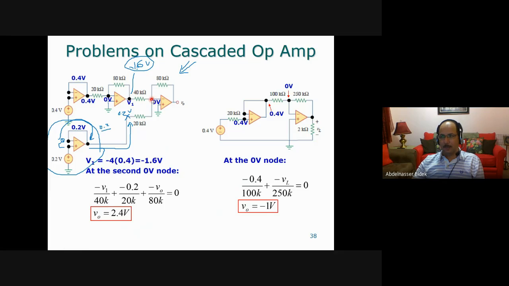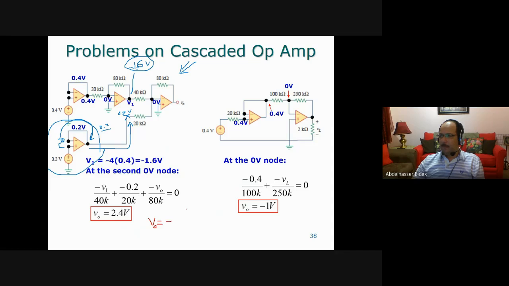You apply it at this node. So in this case, this current plus this current plus this current equals 0. Or, if you notice that this is a summing amplifier, then you can write the equation right away. Then you know that VO, let me write it here, VO equals